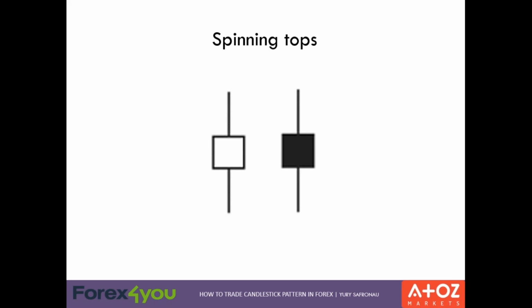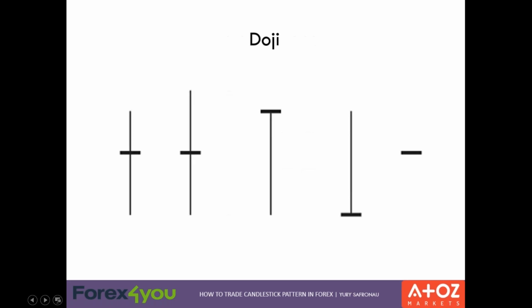After a long advance or a long white candlestick, a spinning top indicates weakness among the bulls and a potential change or interruption in trend. After a long decline or a long black candlestick, a spinning top indicates weakness among the bears and a potential change or interruption in trend. The next slide shows you the well-known, and I believe you have heard it multiple times,